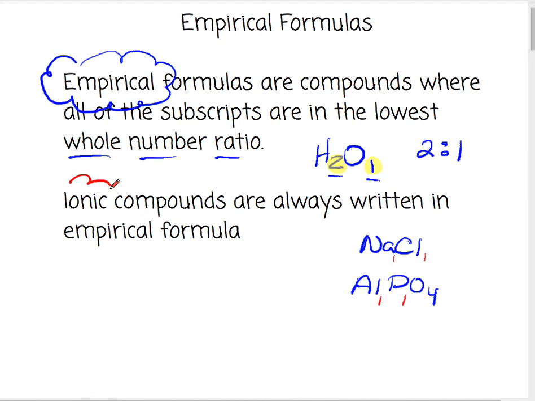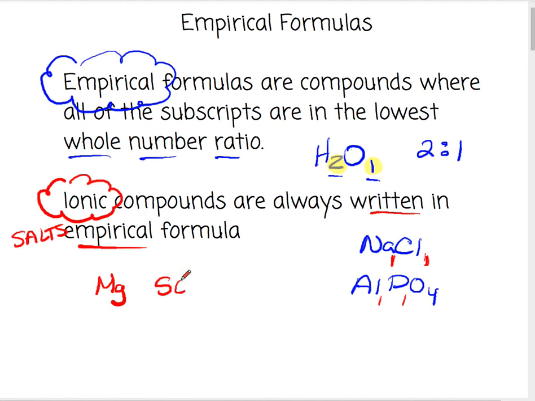Whenever you have an ionic compound, ionic compounds, also known as salts, they must be written empirically. And that's why when we did the crisscross, back when we were writing formulas, we said crisscross, applesauce, drop the charges, and then simplify. We had to make sure that our subscripts were in the lowest whole numbers. Let's do one. Let's take magnesium